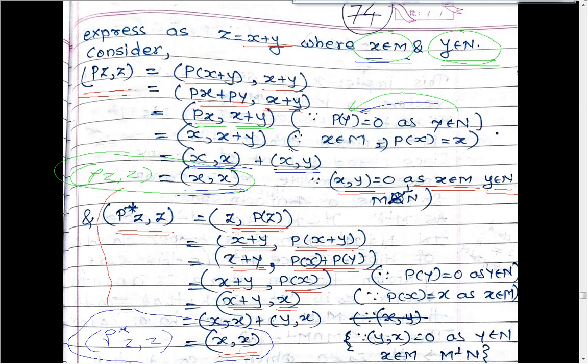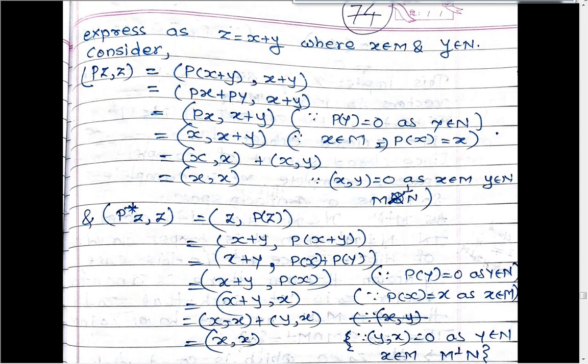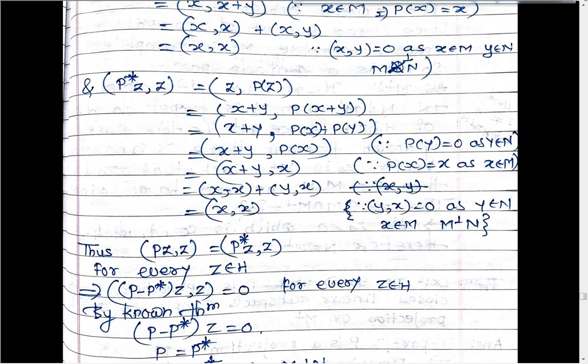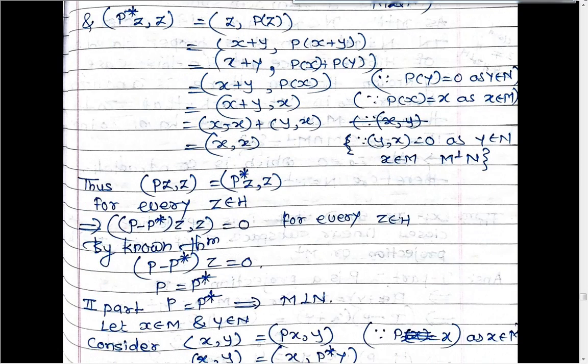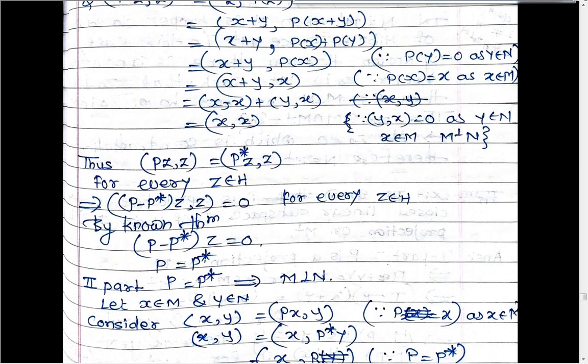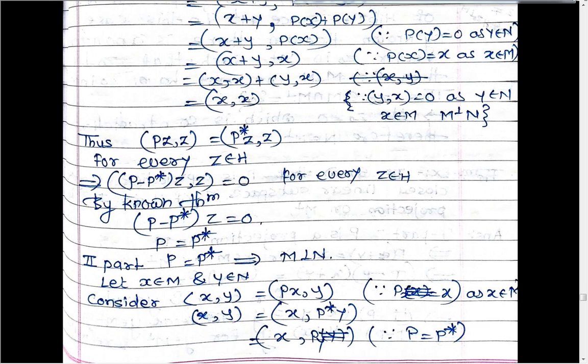Inner product of PZ, Z equals the inner product of P star Z, Z. Hence, we get the equality that PZ, Z equals P star Z, Z for every Z belongs to H. By a known theorem, which we have already proved in earlier sections, we must have P minus P star equal to 0, that is P equal to P star. So this completes the proof of